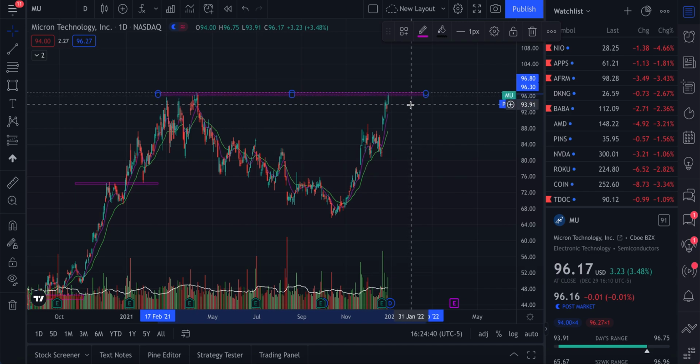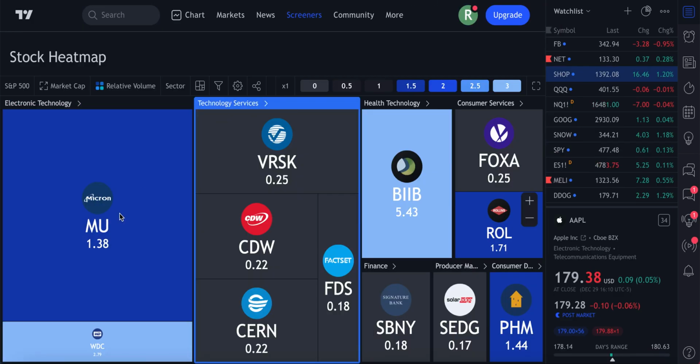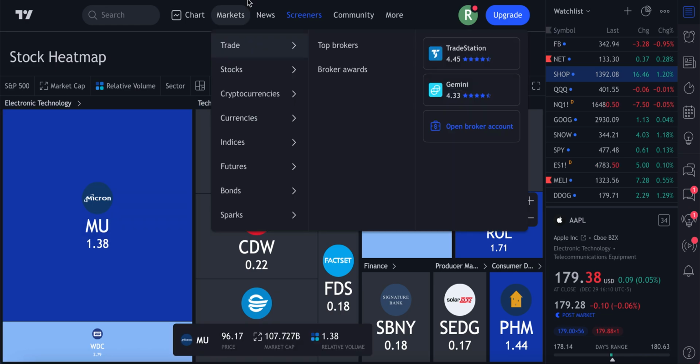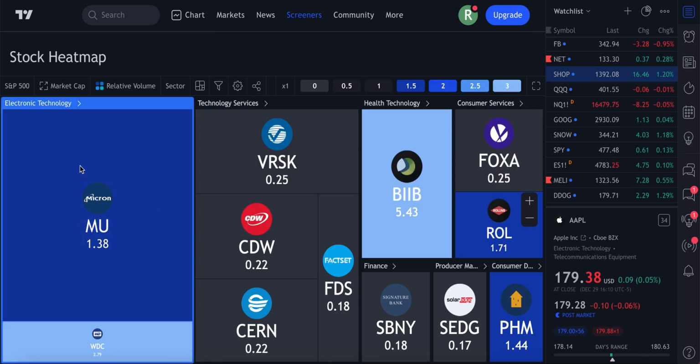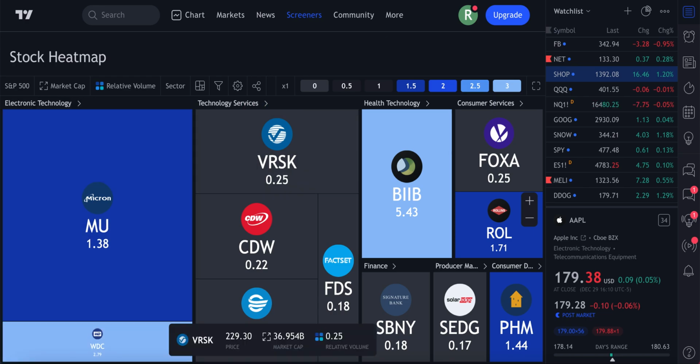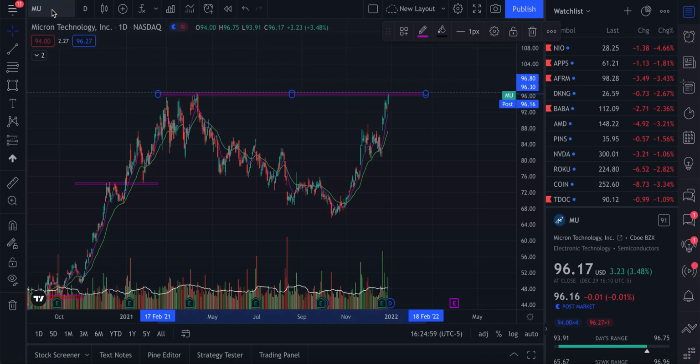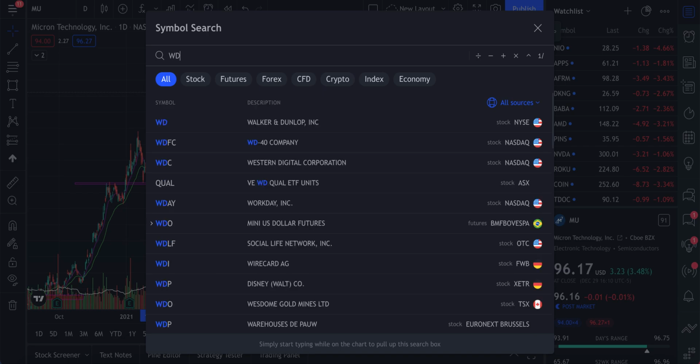So it went from almost opening at 93, went up to 96, so that's 3-4%, right? So you had those numbers, right? So you can see that MU, it may even go down, but it seems like these were the only ones traded. There's volume. WDC, same, if you look at WDC,